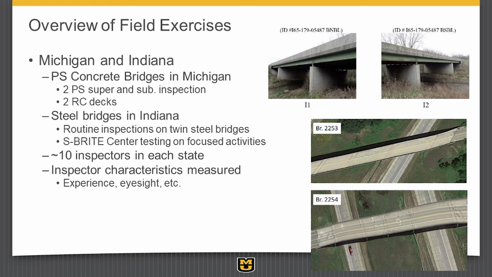The other thing we did in this study was find bridges that were sister bridges, so they're next to each other, they have exactly the same design, built at the same time, and they have similar conditions. So you get some repetition in that test set and see if the results are particular to a particular bridge or are they uniform across different bridges.